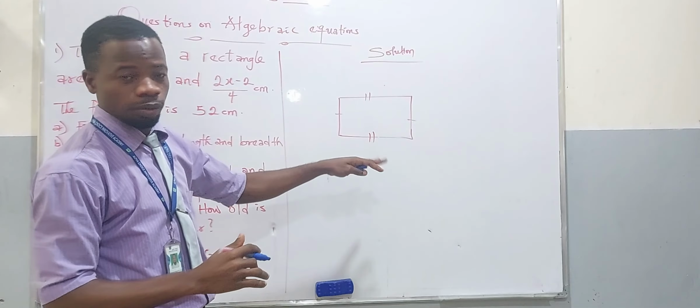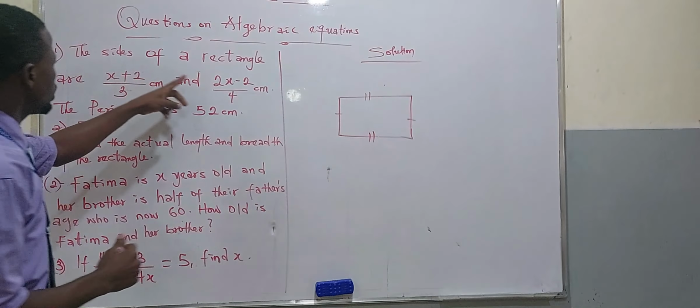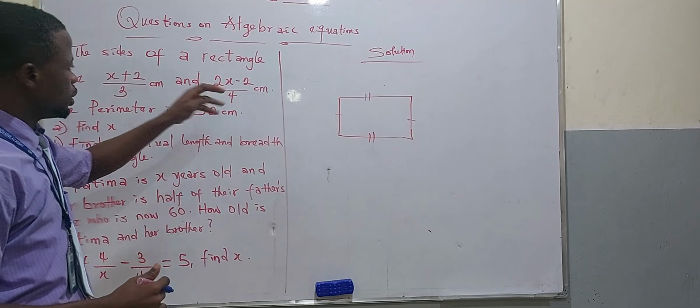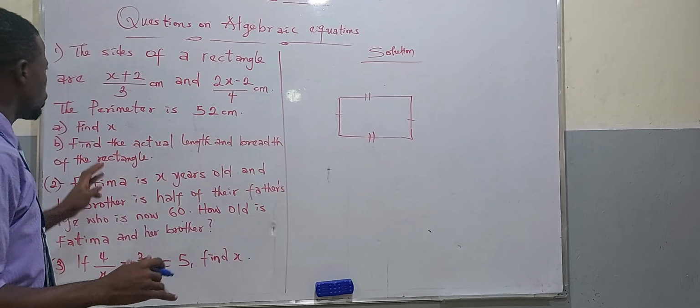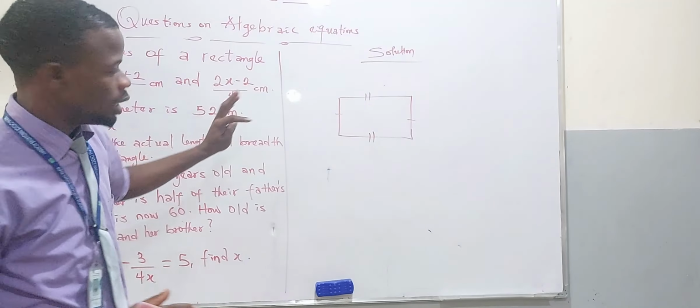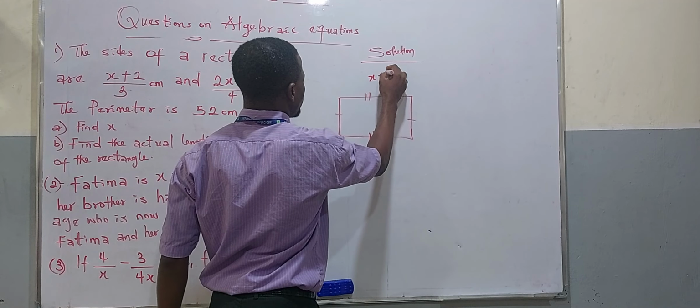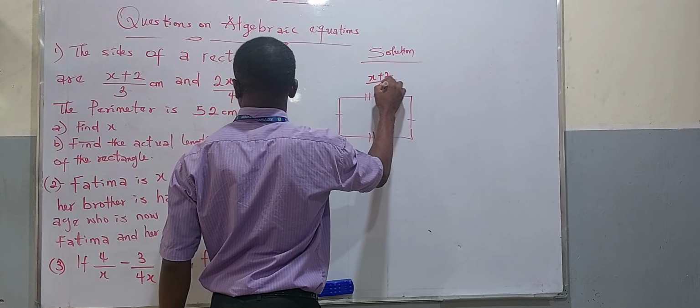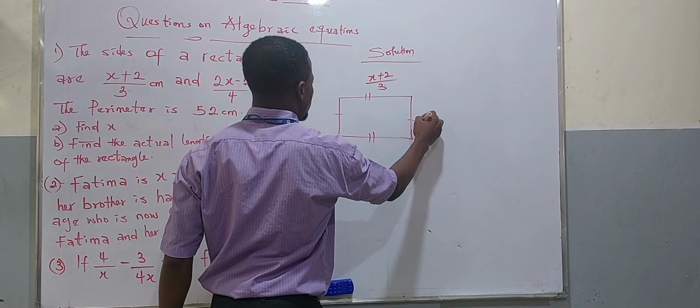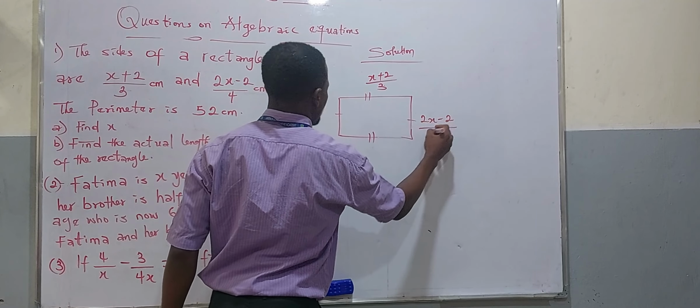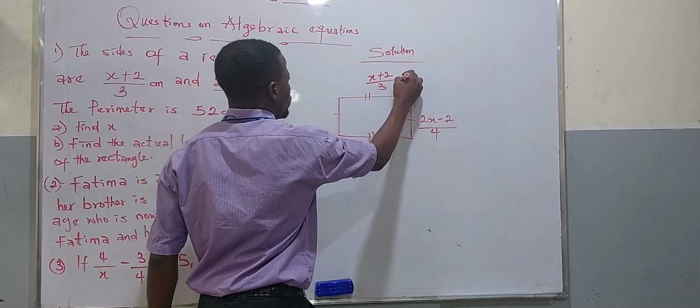In a rectangle, opposite sides are equal, right? Now, they said the sides of the rectangle are this and this. We don't know the values already, so let's pick any of them for the length and the other side for the breadth. So let's say this is (x + 2)/3, and this is (2x - 2)/4